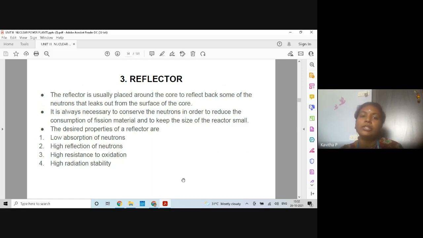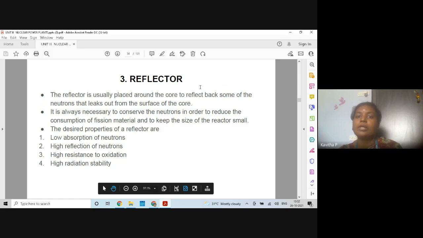So in order to reduce the energy, to reduce the speed of the neutrons, we have moderators. For example, when the neutrons are hitting at the boundaries of the fuel rods, there are more chances for the neutrons to escape from the fuel rods, which will lead to loss of neutrons available for the fission reaction. So we make use of something called reflectors, which will reflect back the neutrons into the reactor itself or into the fuel rods itself, so that the neutrons will not escape.